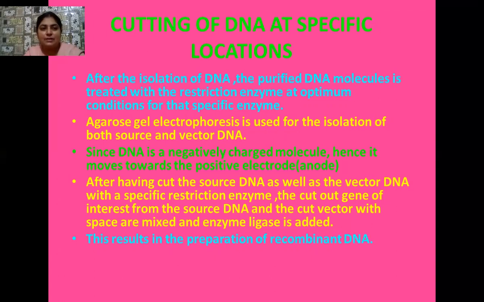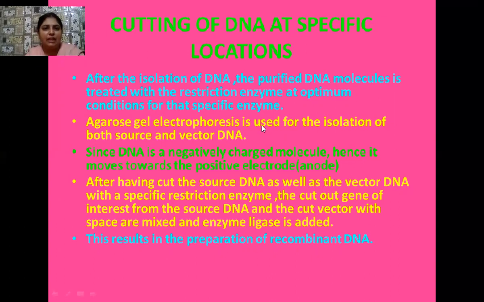So we have to first repeat the process with the help of restriction endonuclease, first with this alien piece of DNA, and later we do the same process for the plasmid DNA as well. One thing that you must remember in your mind, that always we use the same type of restriction endonuclease for cutting both the alien piece of DNA and the plasmid DNA, so that uniformity can be maintained.